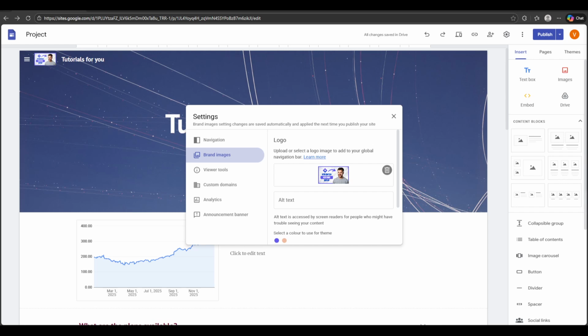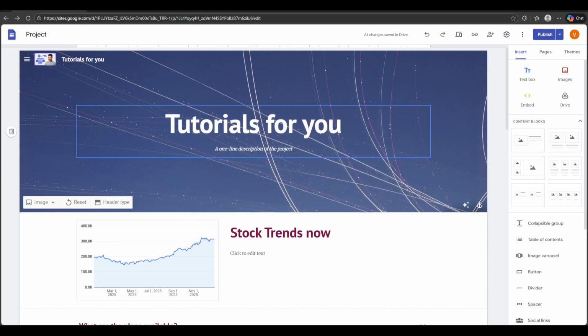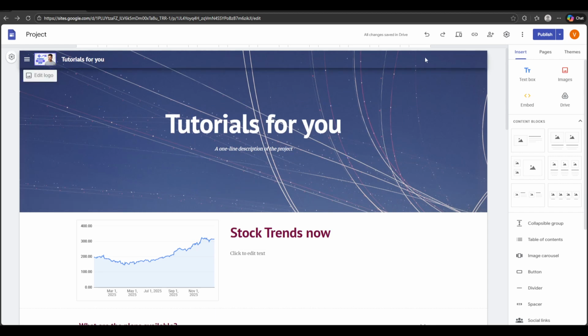Scan the header to make sure the logo contrasts well against the background image or color. If it blends in too much, consider using a version with a light or dark variant, or simplify your header background for stronger readability. Finally, click around your site to confirm the logo appears consistently where the